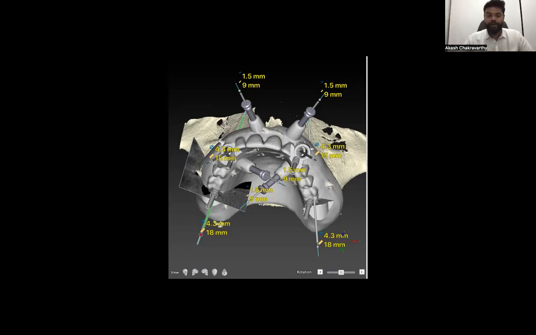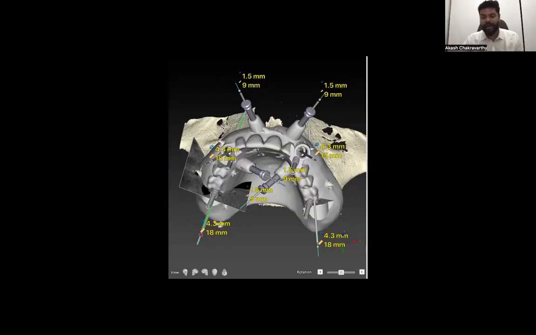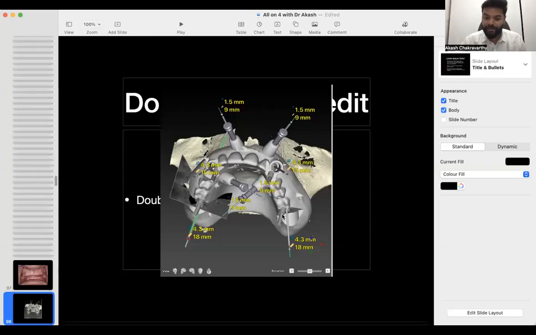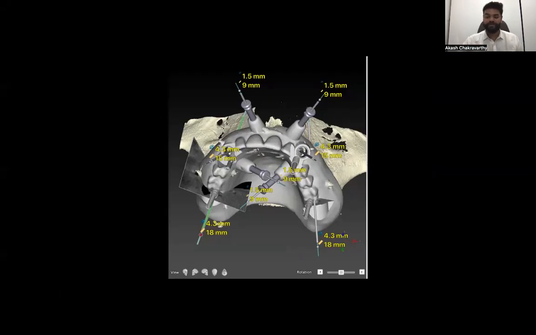Okay, so coming back to our presentation now, I'm going to show you a digitally planned case and guided implantology done. Why do I like guided implantology? Because we get to plan every single detail of the case. If you see here, I get to plan where my screw axis is coming out. In the process, I know what my AP spread is. I know what angles I have to use. I know every single detail before I even place the implants, which is very good for the outcome of the prostheses.